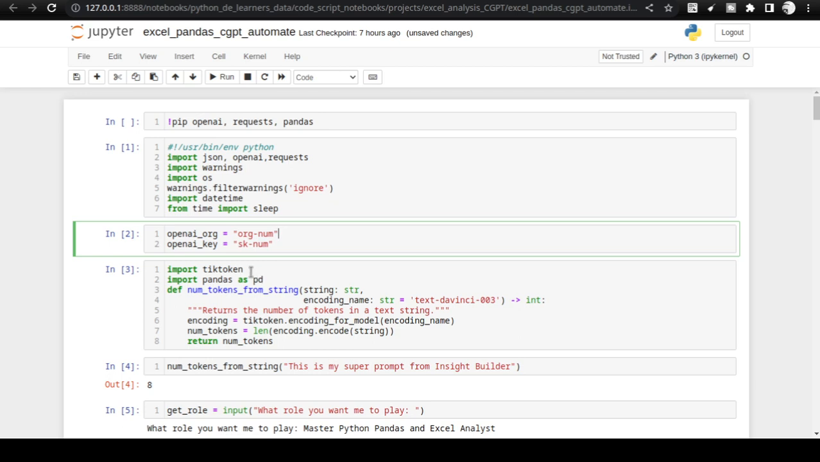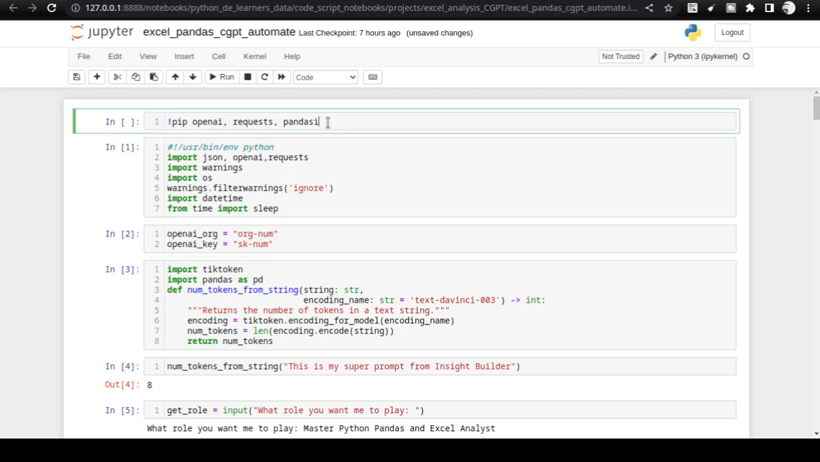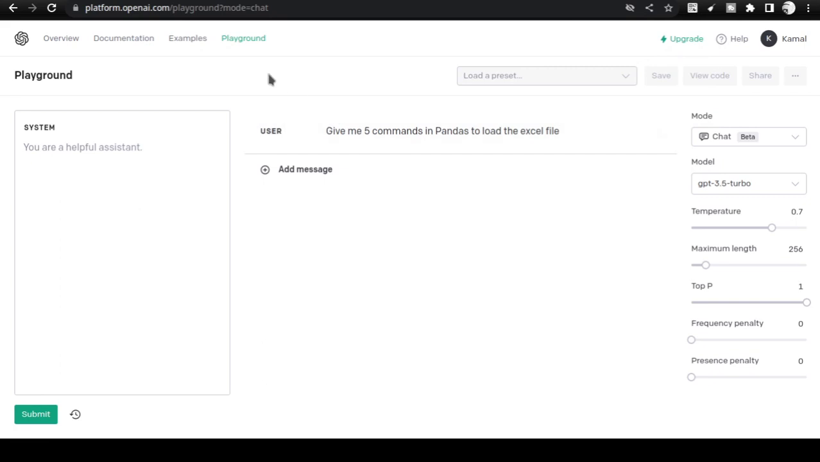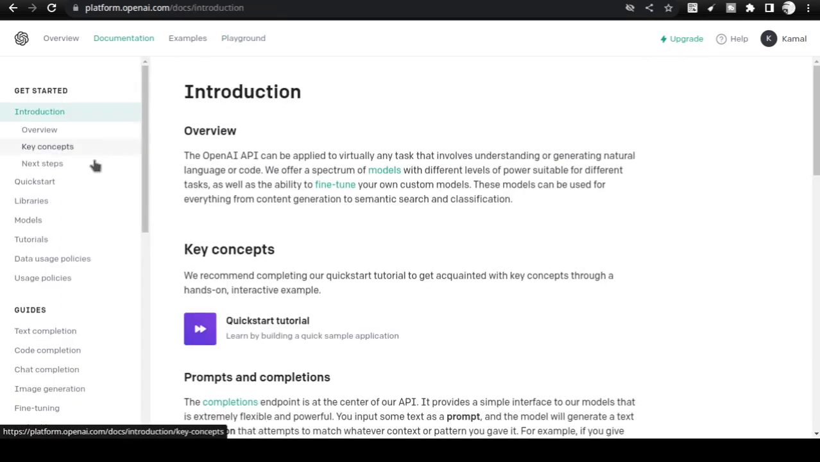You will also need to install the library called tiktoken. This library helps to count the tokens that you are sending to the ChatGPT API. In this particular video, we don't need to worry about the token limit being exceeded. What I mean by that, let me go to the documentation and show you what is meant by token